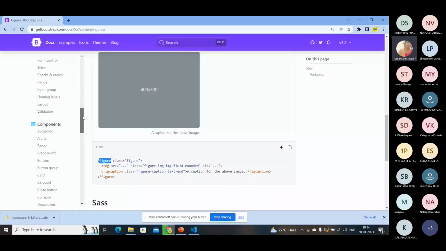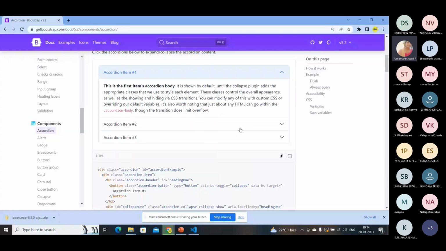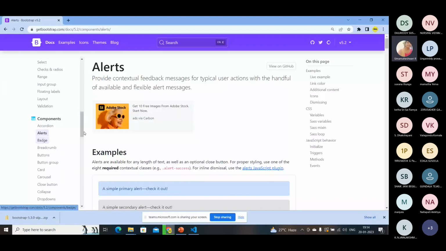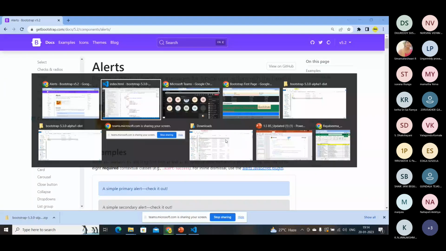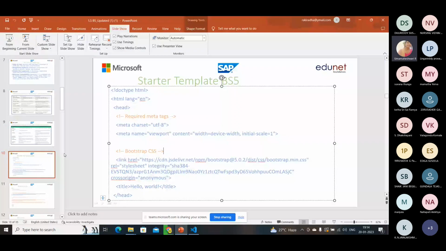The first thing is accommodation. See here what is accommodation and what are the elements we have to give. Before going to that, we'll go with the simple things. Okay, how we can create alert messages in Bootstrap. I have given a clear example here. So if you go to this,